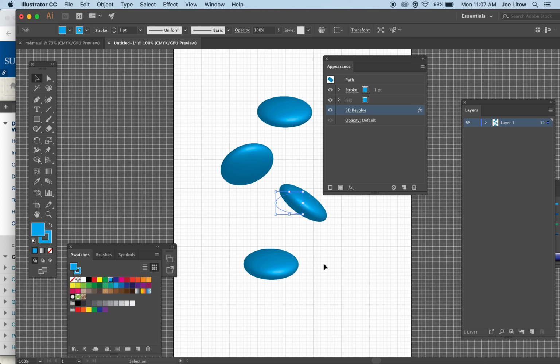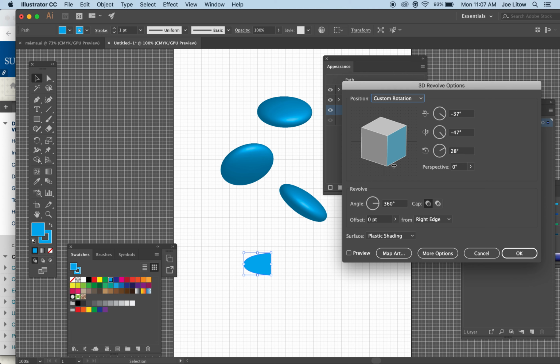Now I'll go to the next one, and finally we're going to make this look a little bit different than the other ones. Keep in mind that we're trying to create a random avalanche of these M&Ms, as though someone just opened the bag and poured them down. And I'm clicking on the revolve, and I'll go like this, take this here, let's see what that looks like. That's a little close to this one, so I'm going to go here, and as you notice, I'm leaving preview